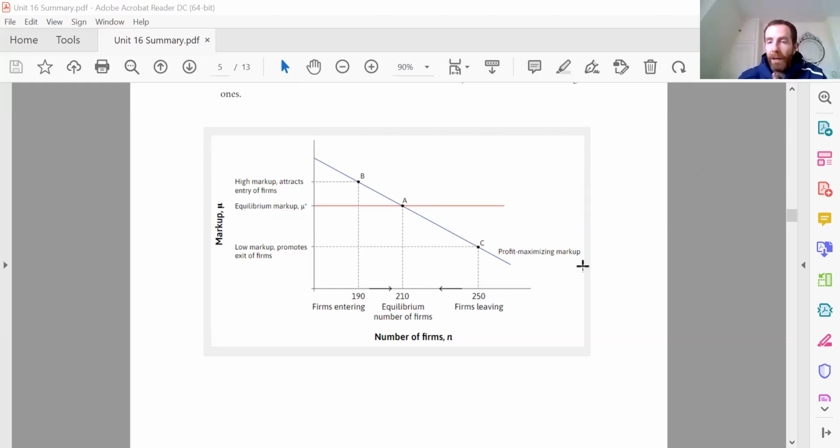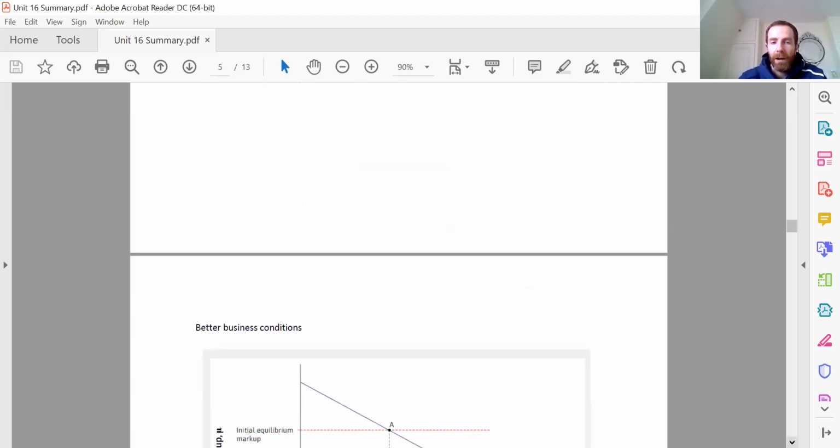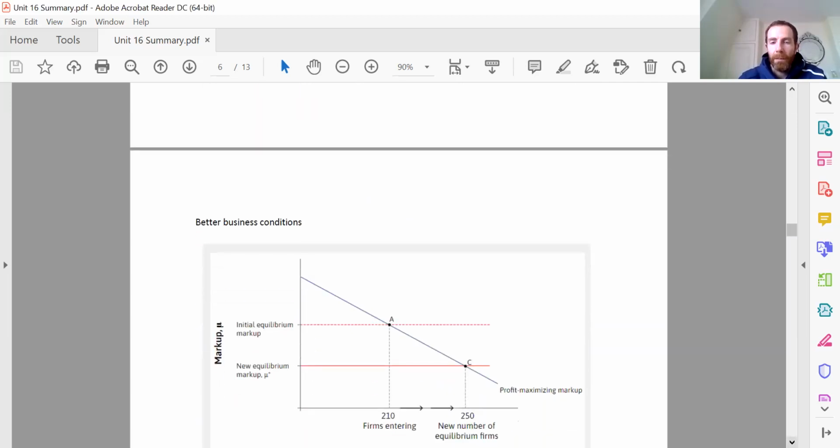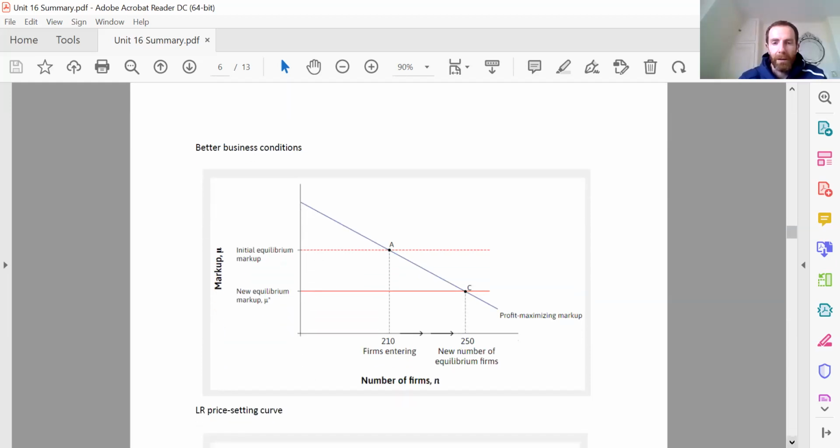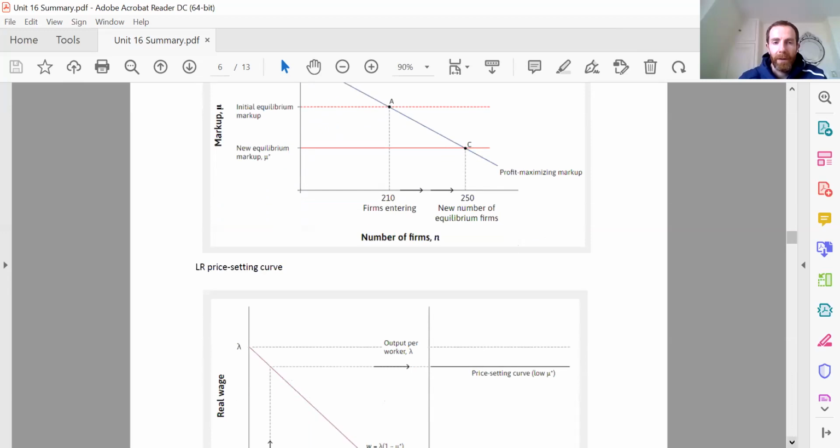And the key thing that this gives us is the number of firms, but also what the equilibrium markup is. And knowing that, we can then have a think about the impact on the labor market. That's what I'm going to do before then coming back to this better business conditions idea. So,